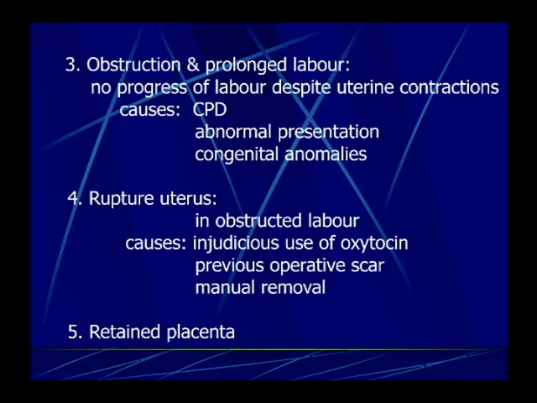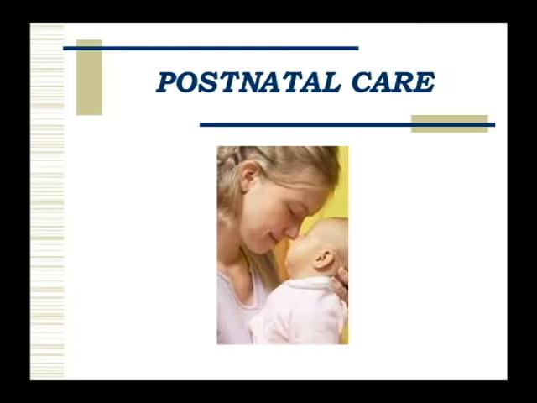Next is obstructed and prolonged labor. If it is obstructed, it may be cephalopelvic disproportion (CPD), abnormal presentations, congenital abnormalities, all of which also have to be referred. Next is ruptured uterus in obstructed labor. Again, a lot of this. If there's a ruptured uterus, refer. Retained placenta, refer. Right. So that's where we completed